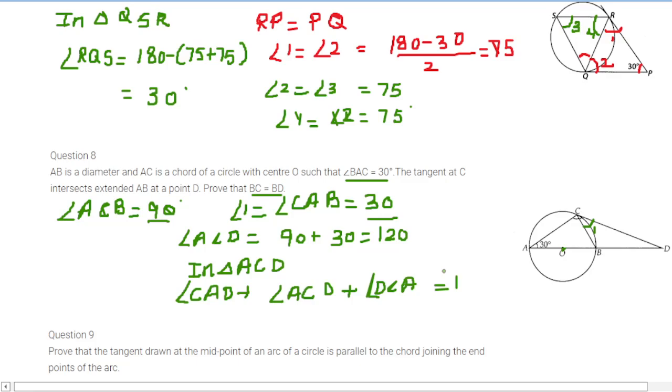The first is 30, the second is 120. And so from here we can find the measure of angle DCA, and it will be equal to